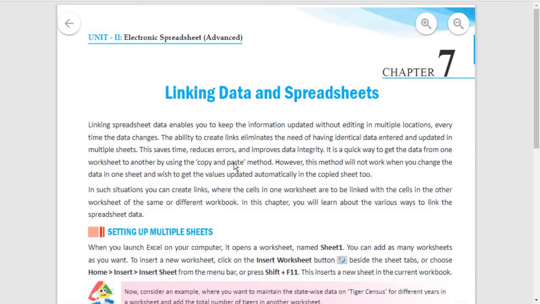Why? Because if you want to update or edit any data in your worksheet, you enter new data in that cell and click on save.